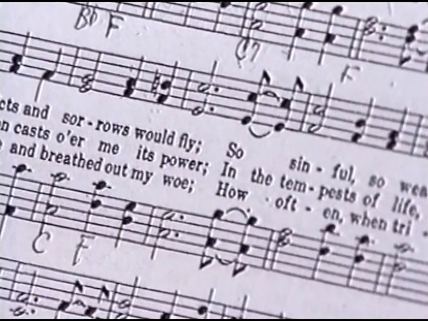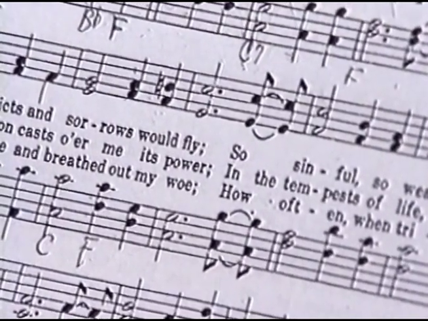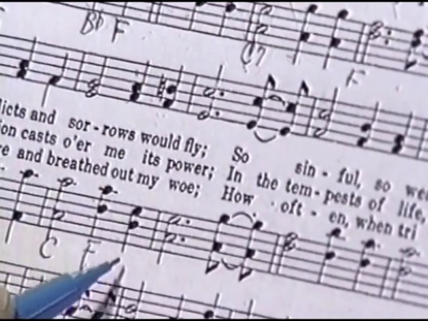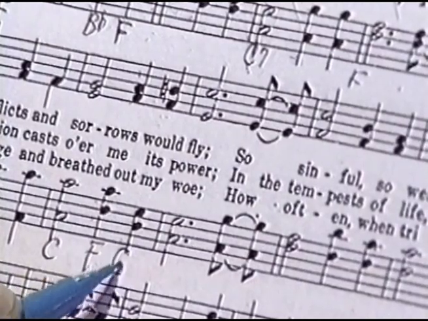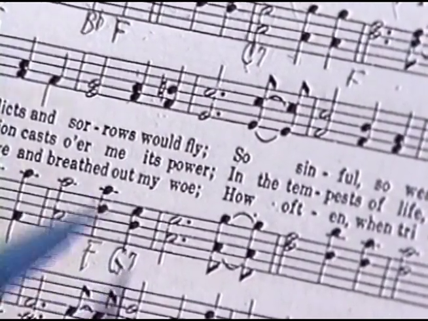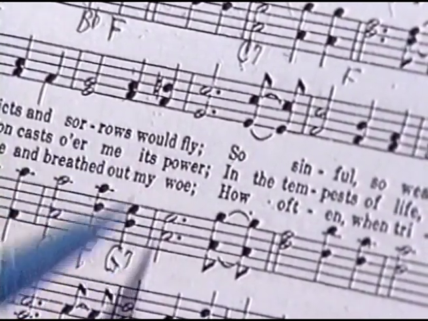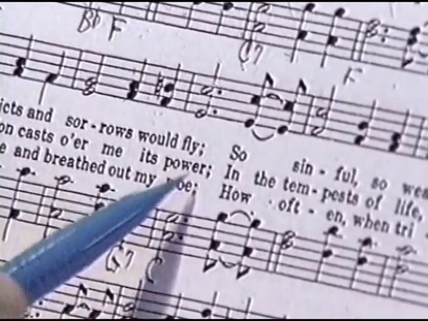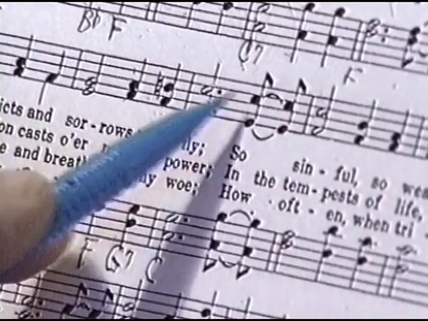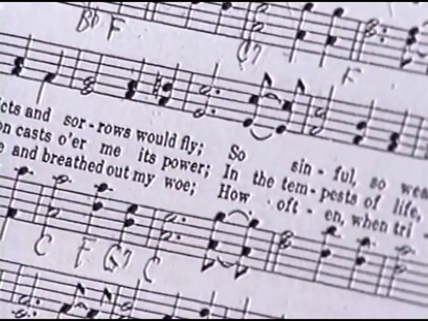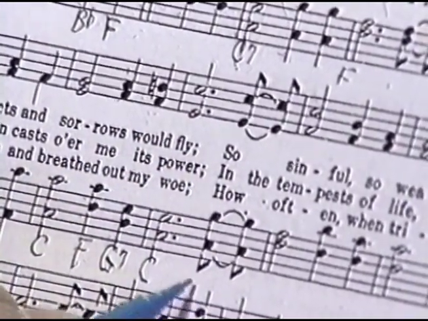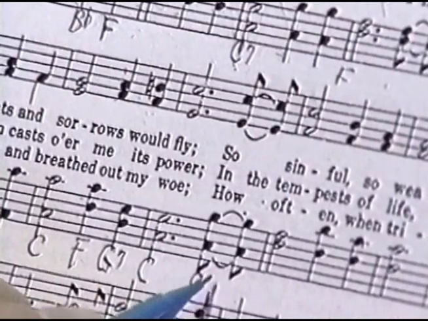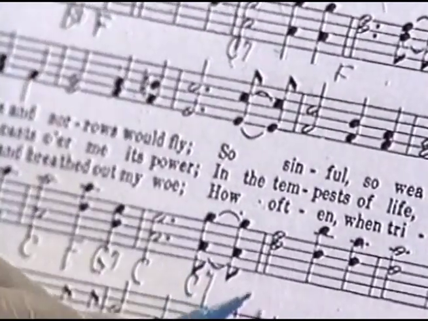We invert, and we have a G, B, D, F. G7. C, E, G. C, E, C, B flat, another incomplete dominant 7, C7, and F,